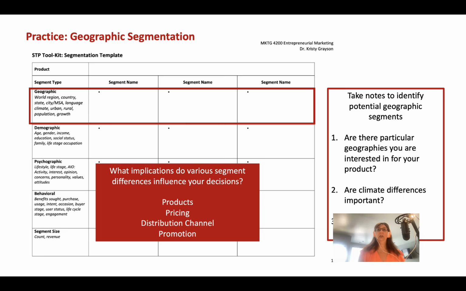Think of maybe you're an apparel company. Are you going to have a big fluffy parka type jacket and market to somebody who lives in the desert? Probably not. So think of all of your marketing mix as it relates to geography, demography, psychographic, behavioral, and then